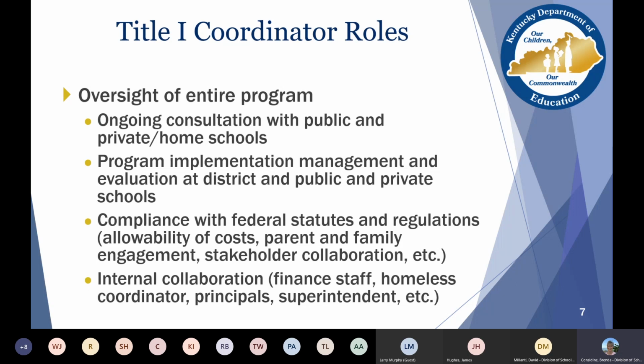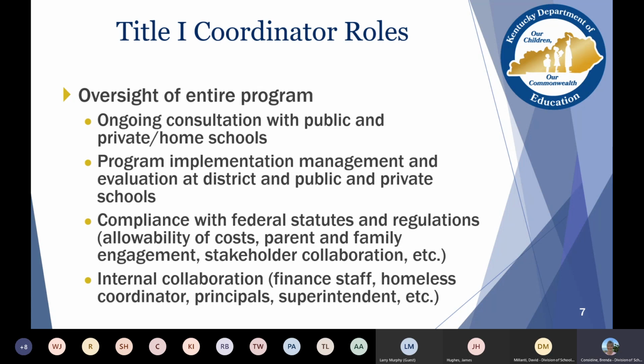Also handy on the Title I webpage is the Title I handbook, and it does hit a lot of those topics and provides you a lot of guidance, which is very important. It also gives you a year at a glance for a Title I coordinator. I've actually printed that out, and keep it handy because it gives me that month to month of what I should be doing or what should be on my radar.